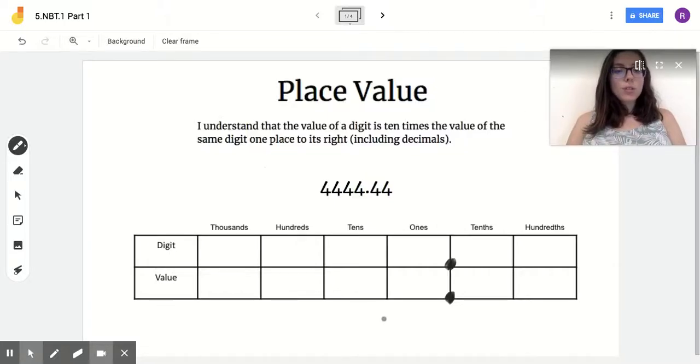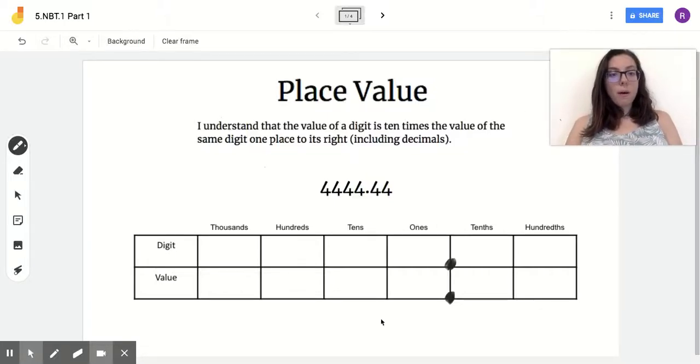Hello friends! So today we are going to be talking about place value. This is going to be the first video in a set of videos about place value, and we are going to be talking about how the position that a digit is in is going to affect how much it's worth, or its value. So when I say place value, I'm talking about, let's take a look at this number right here,